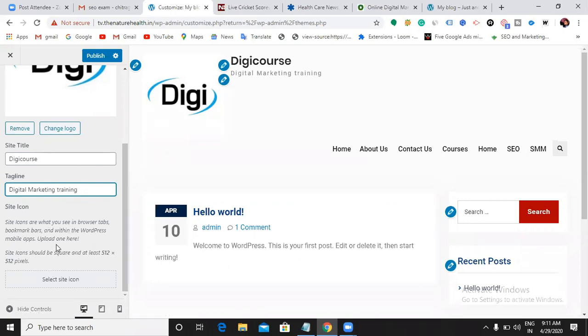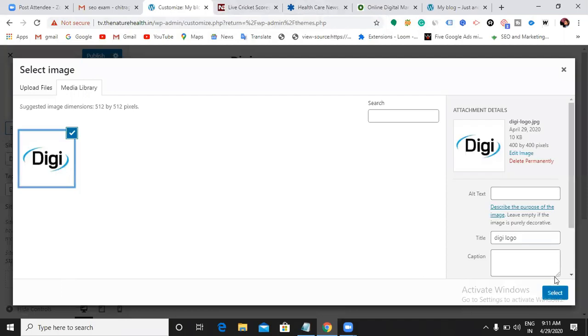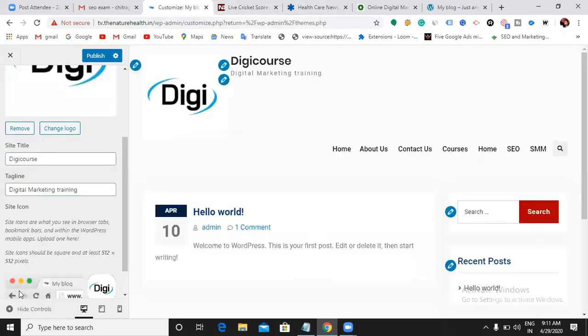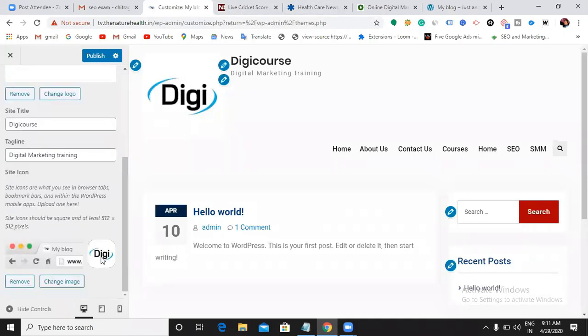Site icon is a small icon that appears in the browser tabs. Now can you see this is the site icon of NDTV. This is the site icon of YouTube. Site icon of Google Maps. These are the site icons of Grammarly. In such a way, you can use your logo to show it as a site icon. So I'm trying to use this. Right. This is how it appears in a tab.